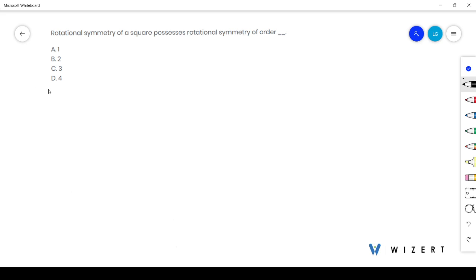Our question is: a square possesses rotational symmetry of order, whether it is 1, 2, 3 or 4. As order of rotational symmetry of a regular polygon is equal to the number of sides, as